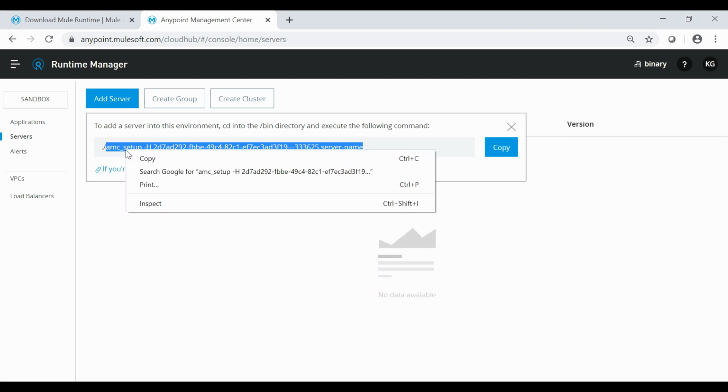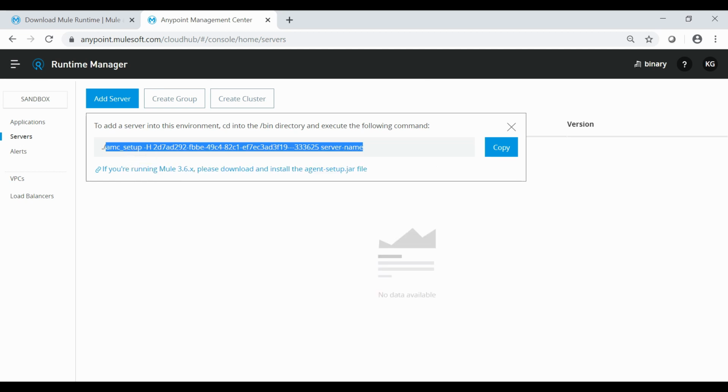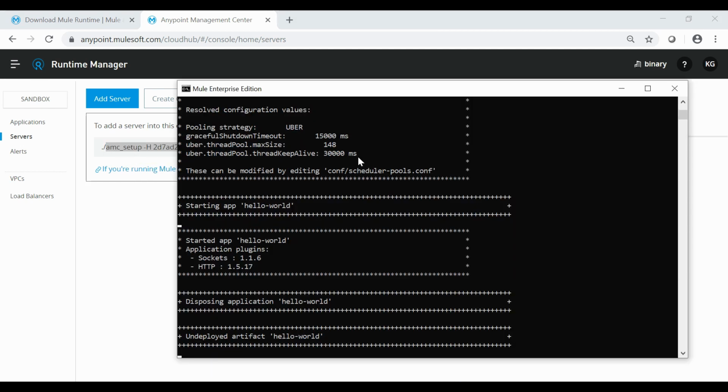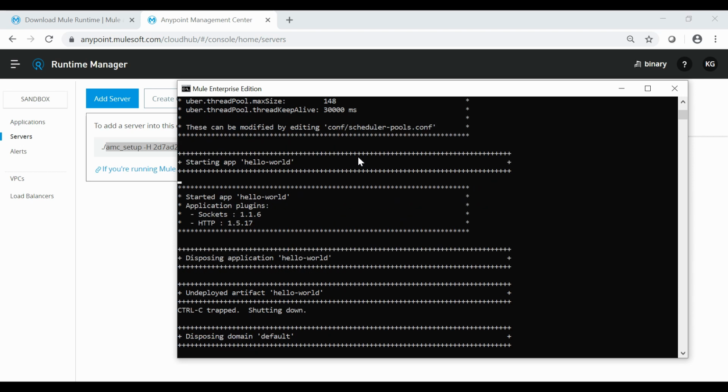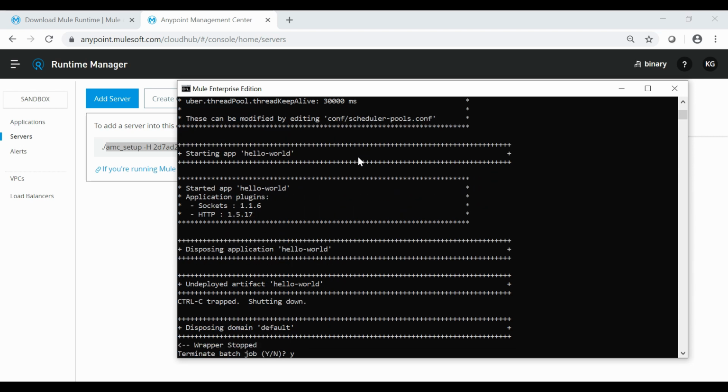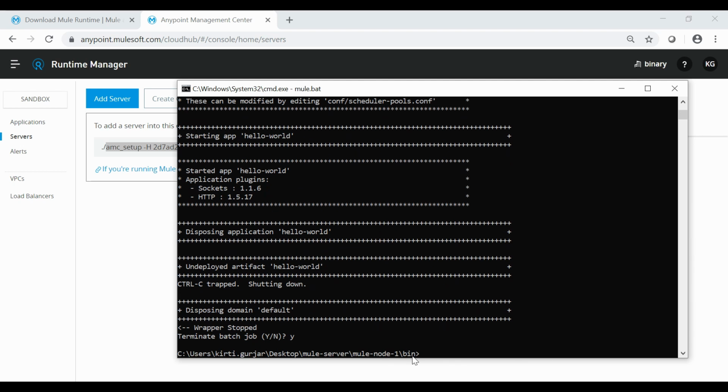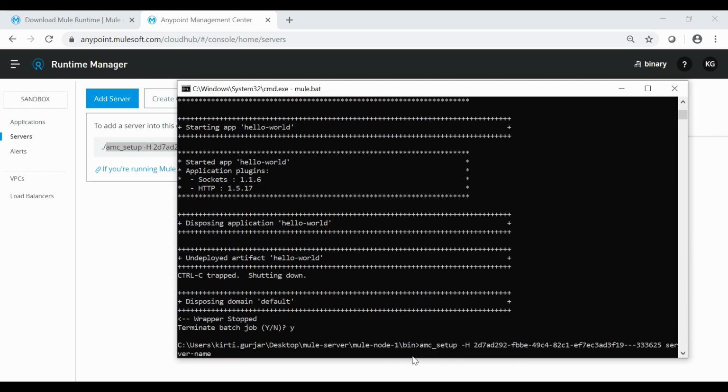Okay, so I'll copy this, go to my command prompt, and in this bin folder I'll run this command. I'll change the last part, the server name, to the name which I have given, Mule Node 1.